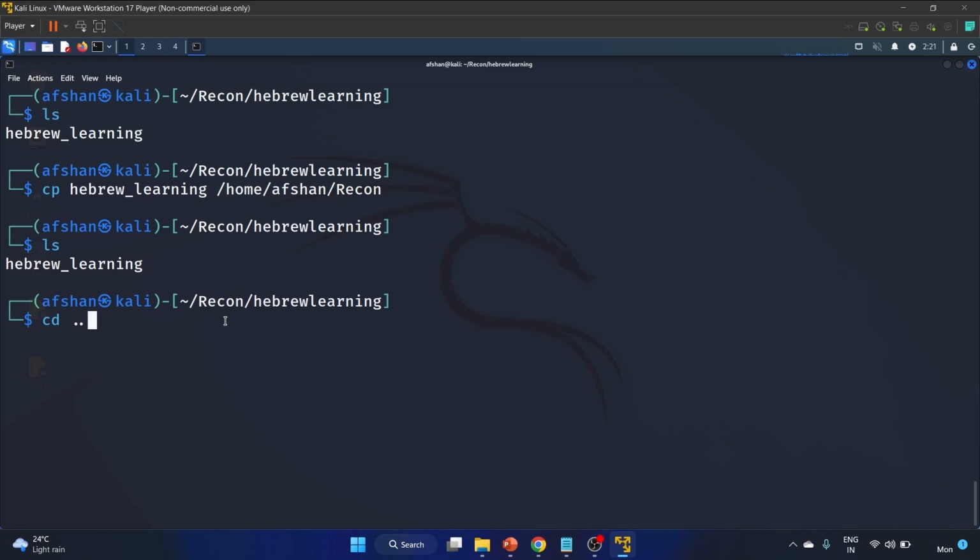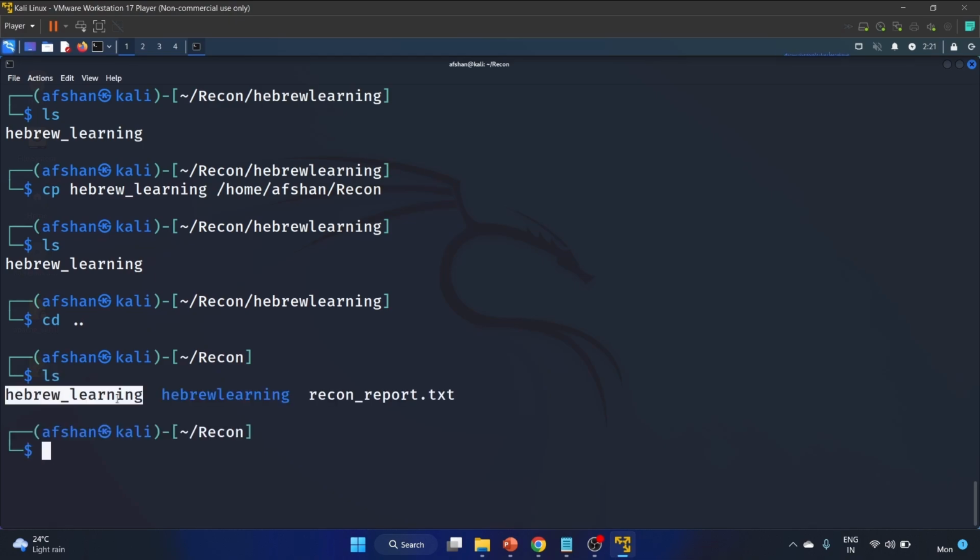cd dot dot, you will go back to the previous directory with the help of this command, cd dot dot. Let's hit enter, and we are in the recon folder. Okay, let's hit ls. Yes, we have the Hebrew learning file in our recon. So we have two copies of Hebrew learning text file. First in our recon folder, second copy is in our Hebrew learning. Okay, now let's try to delete this Hebrew learning directory with the help of rmdir